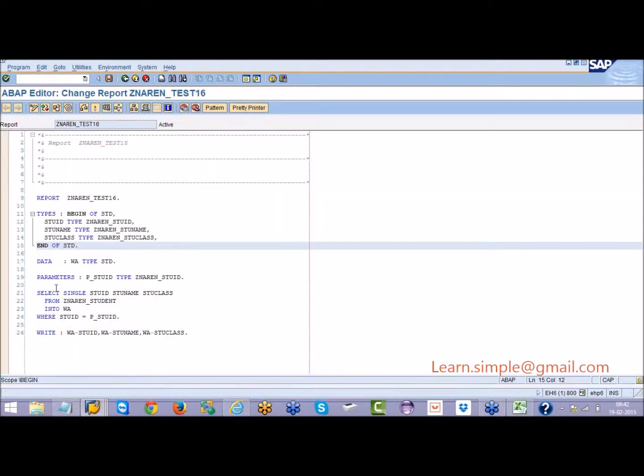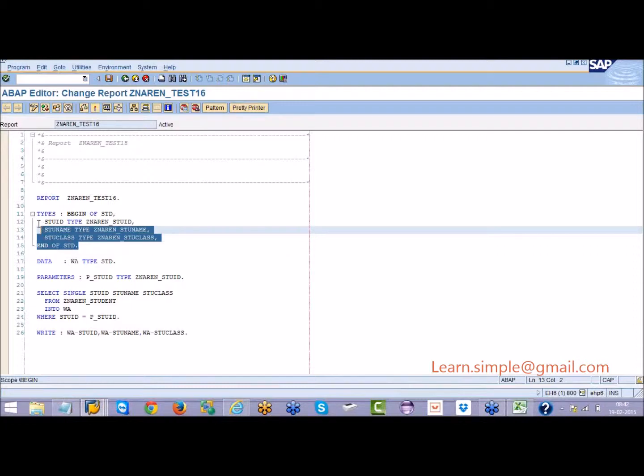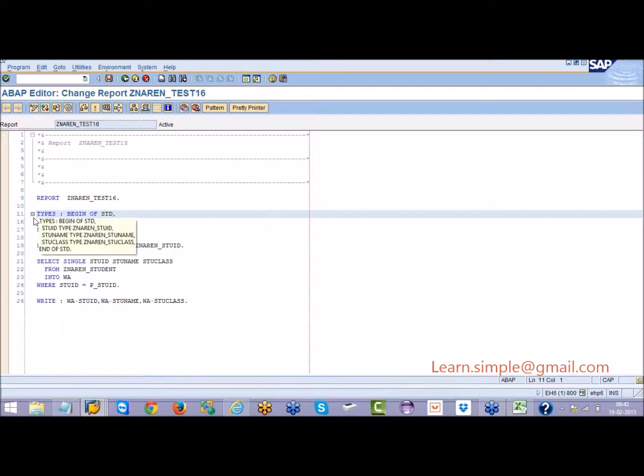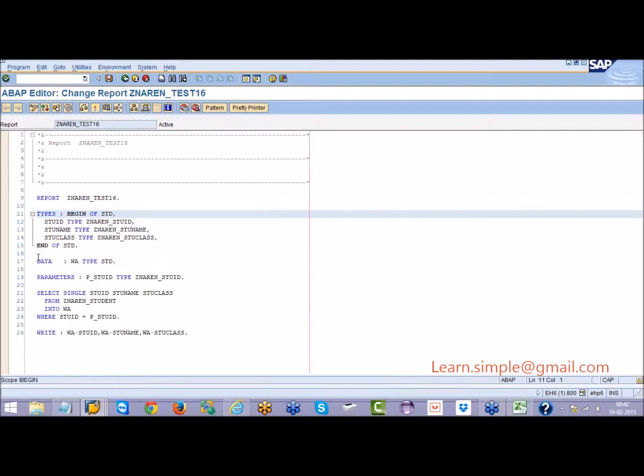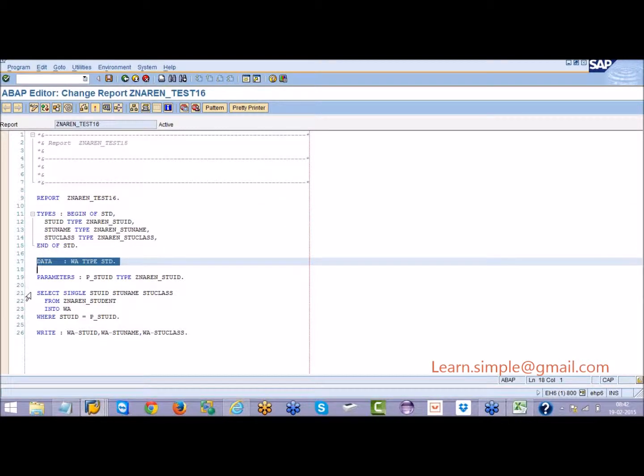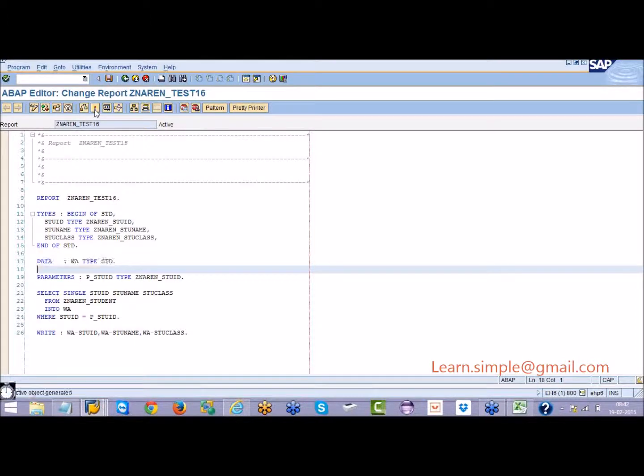I say this is the best way. So whenever you are getting only a few fields from the table, always declare a structure. Then with the help of the structure declare a work area and then go for writing a select statement. So hope until this it is clear.